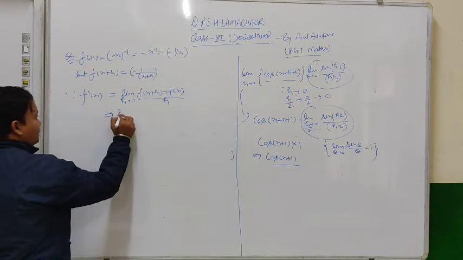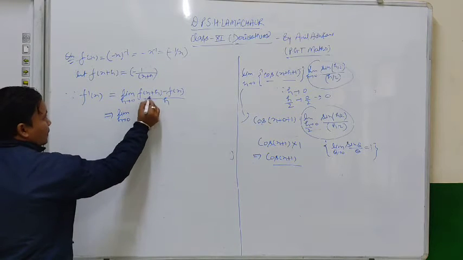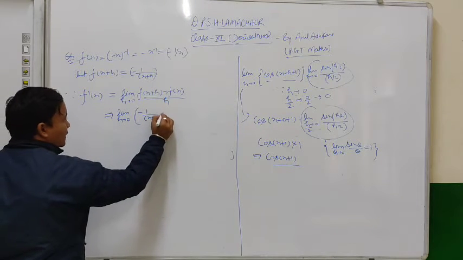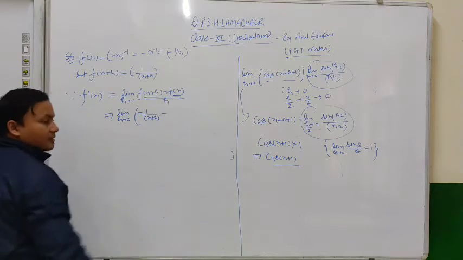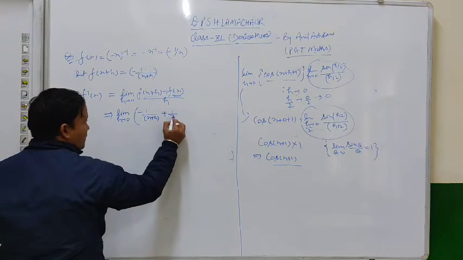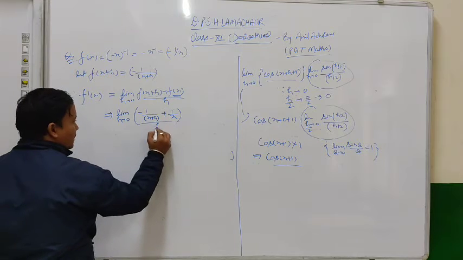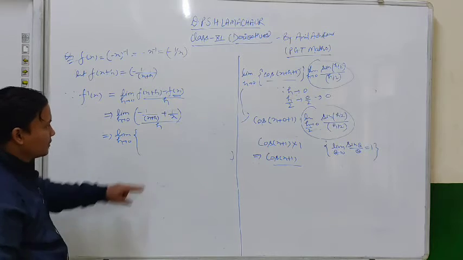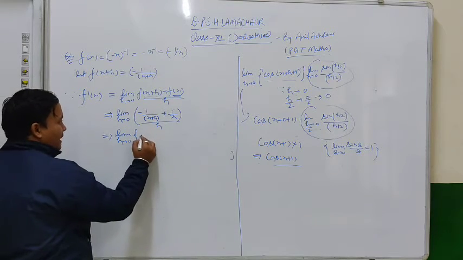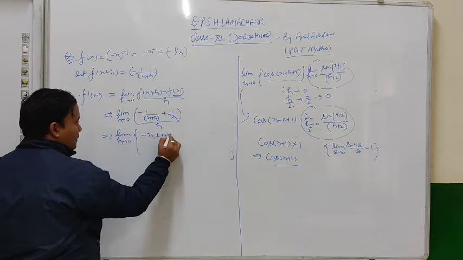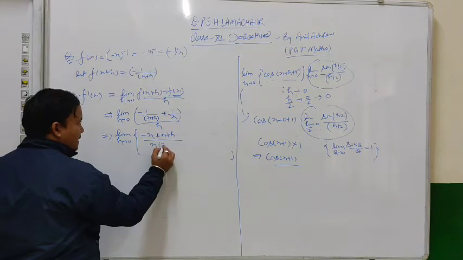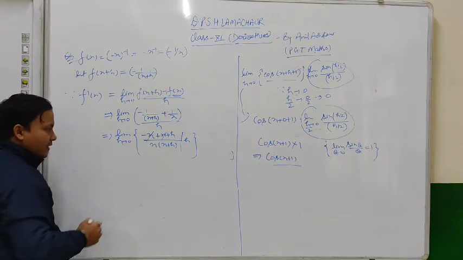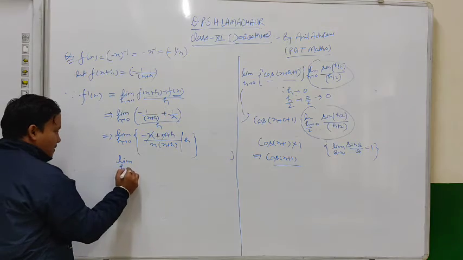Now substitute the value of f of x plus h and f of x over here. So we get from here limit h tends to 0, the value of f of x plus h is minus 1 upon x plus h, and minus the value of f x, minus 1 upon x, so this will become plus 1 upon x, divided by h. Now limit h tends to 0, there will be a calculation in the numerator, so this will be minus of x and this will be plus x plus h, taking LCM h, x and x plus h, divided by h. So minus x plus x got cancelled out, so this will be limit h tends to 0.